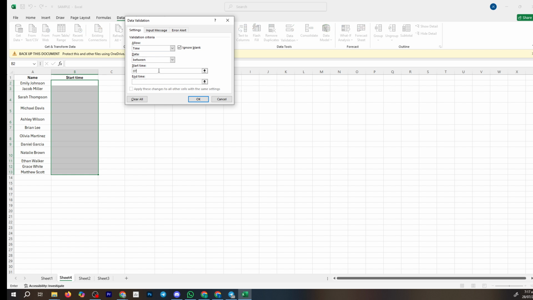Next, it's important to define the limits for these time entries. For instance, if your business hours are from 9 a.m. to 5 p.m., you'll set these as your start and end times. This way, anyone attempting to enter a time outside this range will find their input rejected, keeping your data consistent and accurate. To further assist users interacting with your spreadsheet, you can provide guidance by clicking on the Input Message